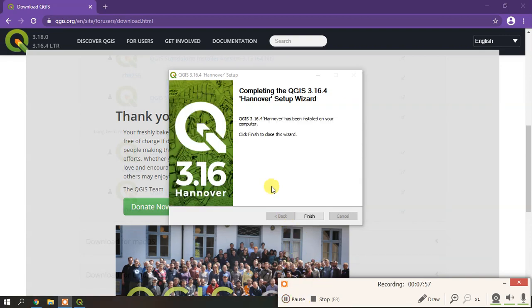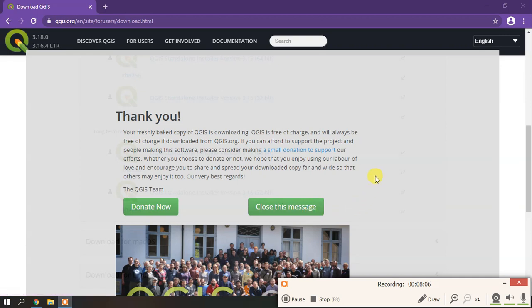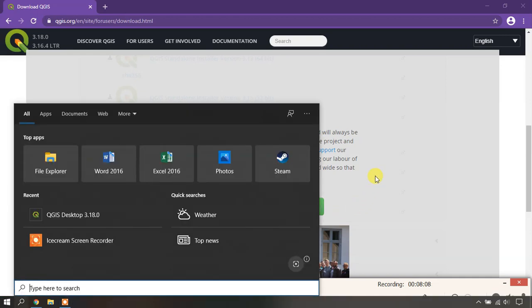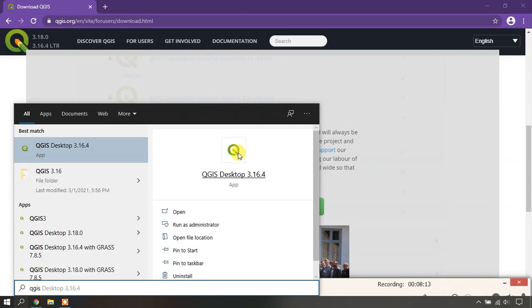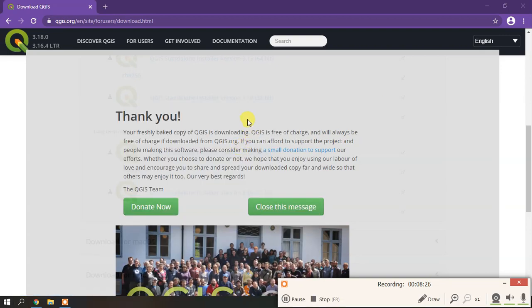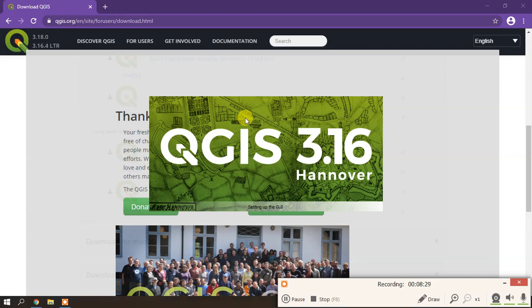Now you can see the QGIS setup has been completed, version 3.16.4. I'm clicking Finish, going to the search option and typing QGIS. You can see version 3.16.4, and you can also find QGIS version 3.18 here. So you can install both of these and work with the latest tools, as well as with the more stable version.